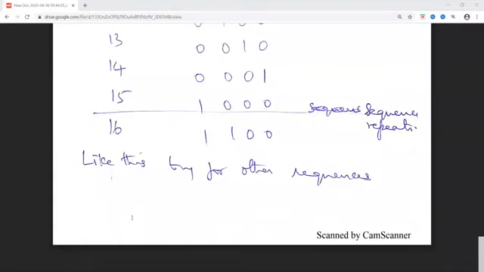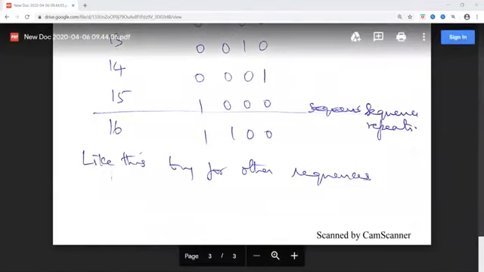As a check, you can verify that after 15 clock pulses your sequence should repeat again. That is the check you can make to know whether the connections you have done in the circuit and the different states you have written for different clock pulses are correct or not. So this is the way you need to generate the PN code sequence.